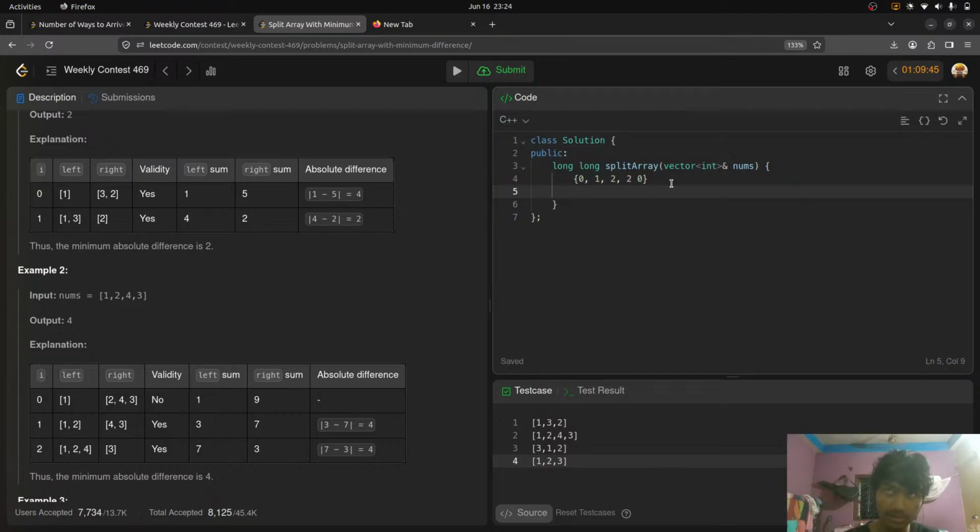So if there is something like increasing decreasing, like there is only one value, something like this, let's say my